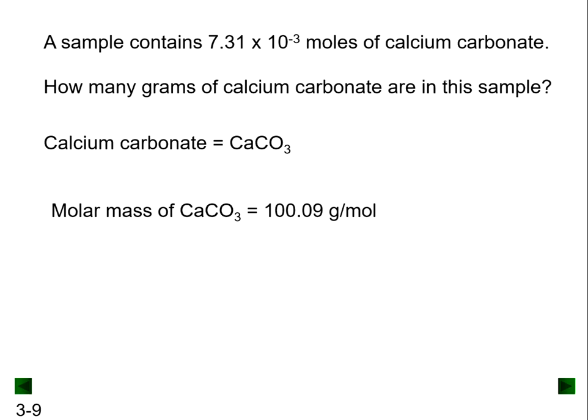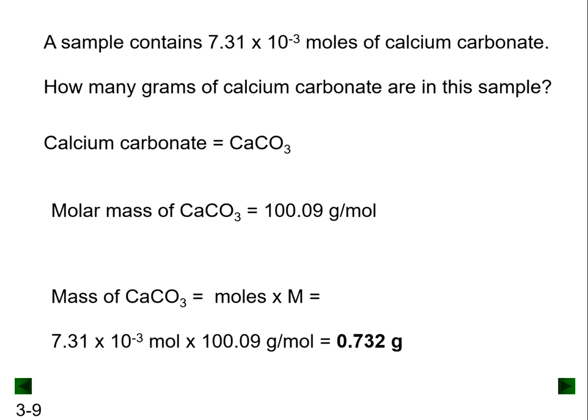The molar mass of calcium carbonate, which is the atomic mass of calcium plus the atomic mass of carbon plus 3 times the atomic mass of oxygen, will give us a value of 100.09 grams per mole of calcium carbonate. Now, once we know the molar mass, we can combine that with moles to get mass out. That was that first slide we looked at on equations. So here the mass is equal to moles times the molar mass, and we get an answer of